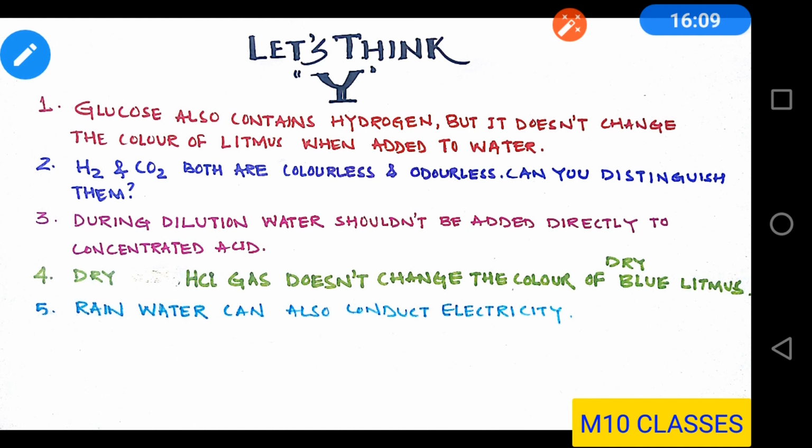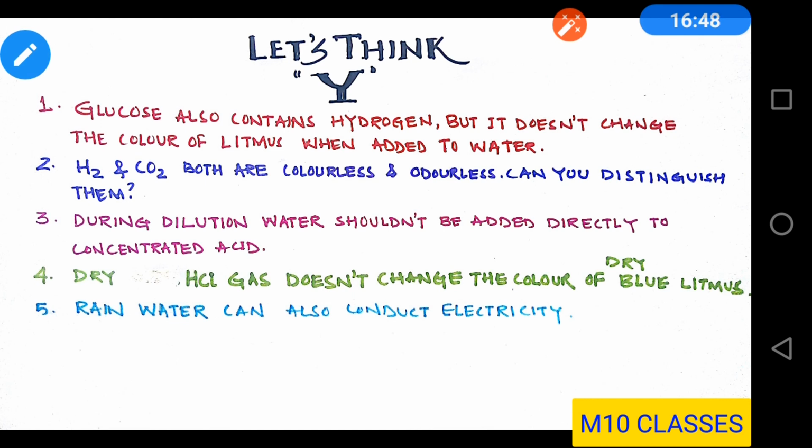If you add water directly into the concentrated acid, there would be an exothermic reaction due to which the acid will splash out and it can burn your skin and also your face, and that is why you should not add water directly into acid to make it dilute. Now the question will be, then how to dilute the concentrated acid? Remember this is very important. Concentrated acid should be put in water drop by drop with constant stirring.